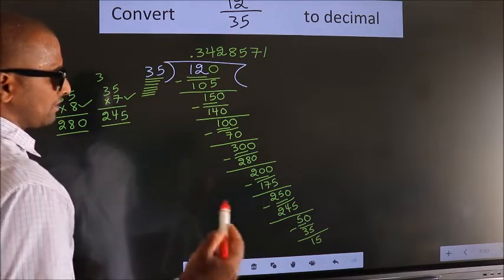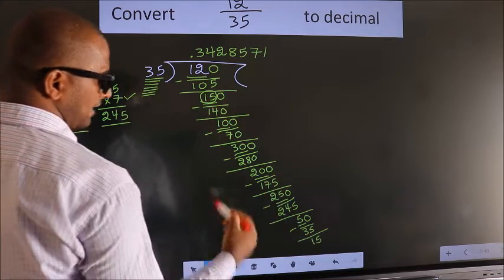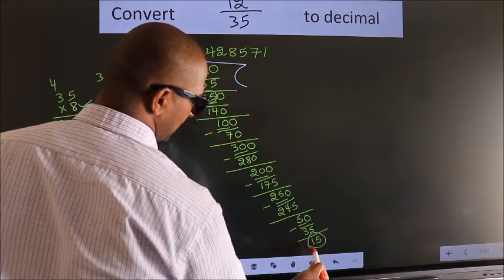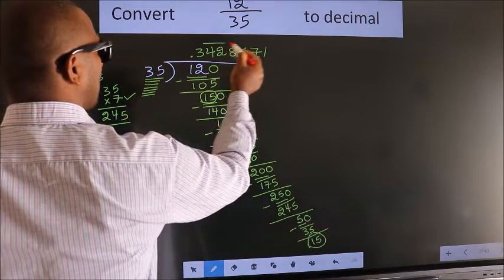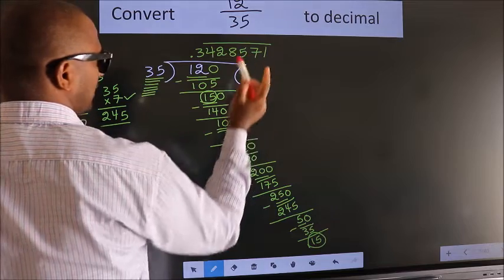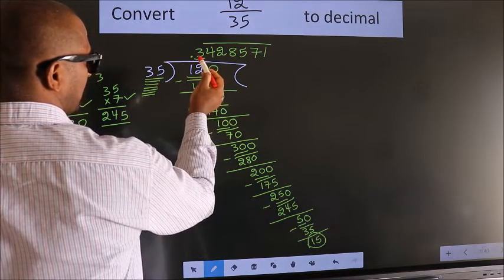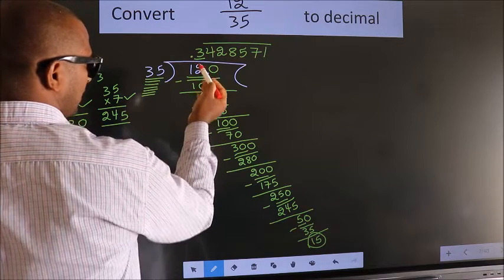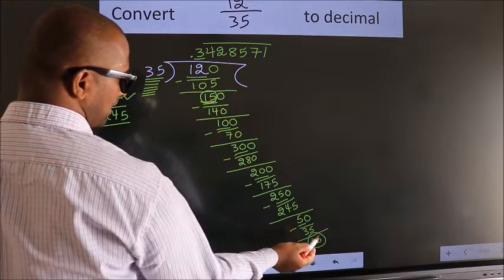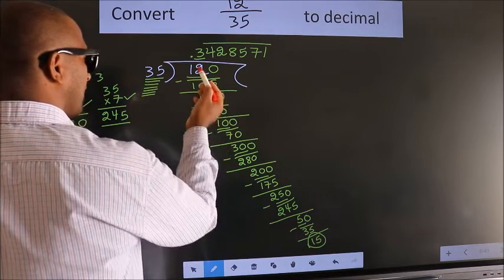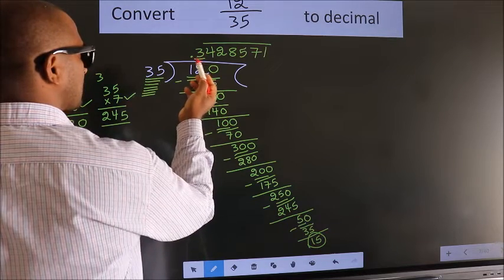Now you observe, here we had 15 and we got 15 again. That means we get a bar on these numbers. Remember, here we do not get a bar on this starting number, because after doing a step, we got the number which repeated again. After doing a step, we got this, so do not put a bar on this starting number.